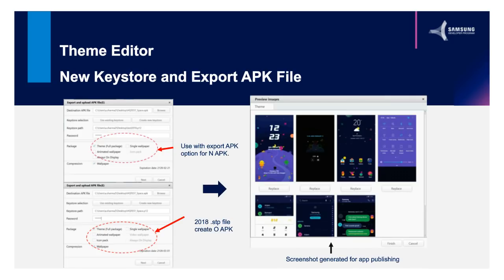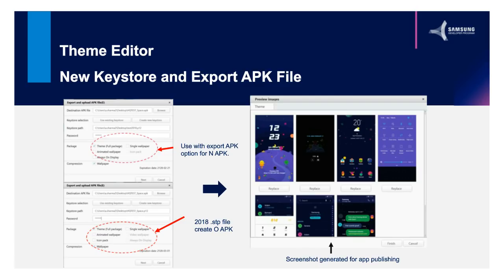Once you create a theme project, it creates a .htp file, which stands for Samsung Theme Project, and you can save that .htp as the 2017 or 2018 version of it. The 2017 will generate an APK which is going to be compatible with all Android OS devices, whereas if you select 2018, it will generate an Android O APK,